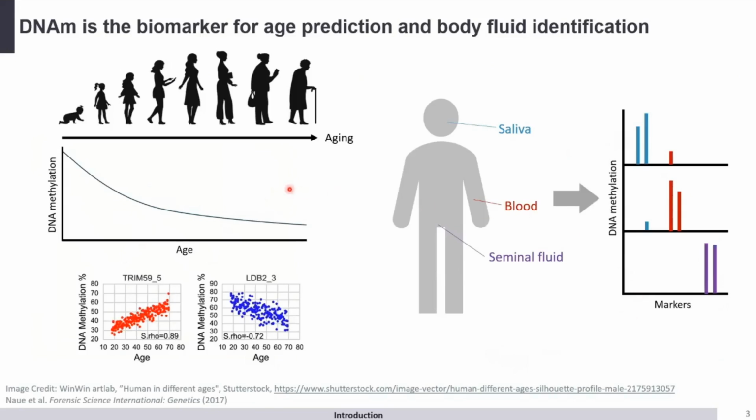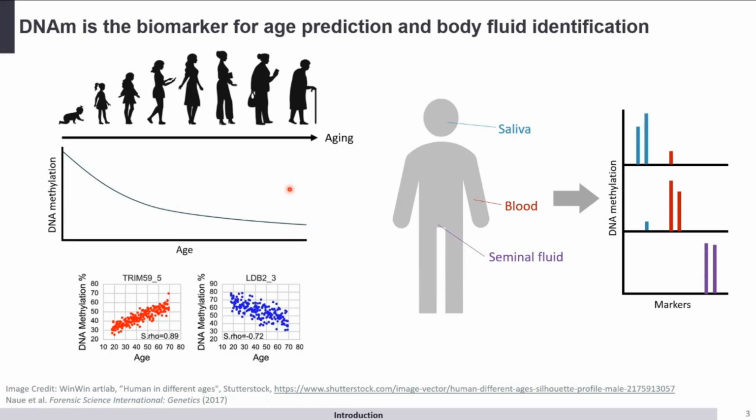Since DNA methylation varies across cell types and tissues and throughout an organism's lifetime, it has been identified as one of the most promising biomarkers for predicting age and identifying body fluids in forensic science. Estimating an individual's age through DNA methylation is useful in several areas. From a forensic point of view, the ability to accurately predict the chronological age of the donor of a biological sample can provide relevant information